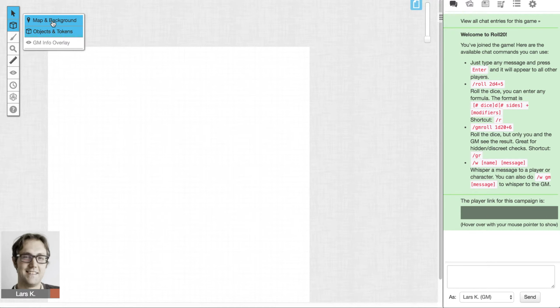The reason that it's important that they're separated is that when you're actually playing the game, this way you don't accidentally click on part of the map and start dragging it around. You have to explicitly select map and background to be able to manipulate things. So when we're drawing our lines and things, we want to put them on the map layer so that they're not in the way. So just to show how I'm going to draw,